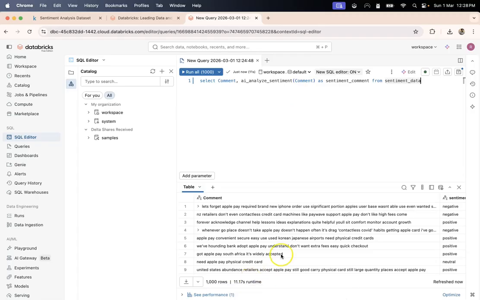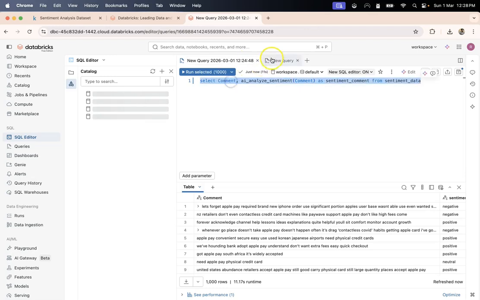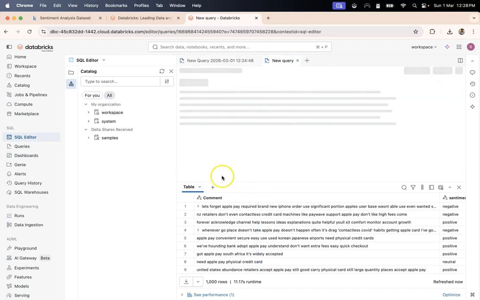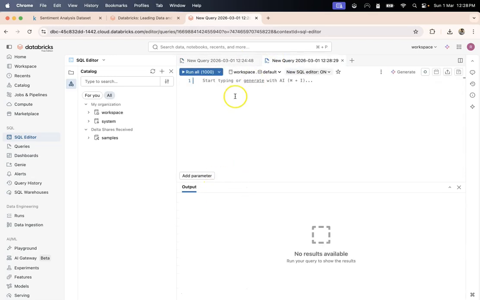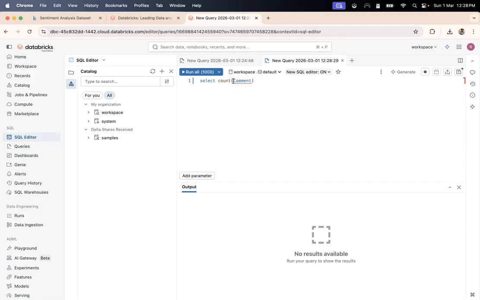You see why it took 12 seconds. Let's try to answer that. Let me open a new query so that this table remains intact, and within here I would like to get the count of all rows. So select count of comment from sentiment data.